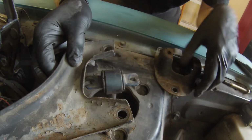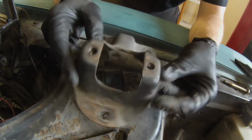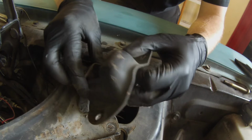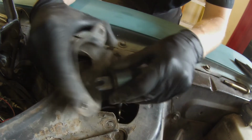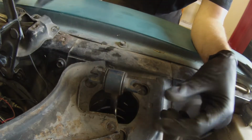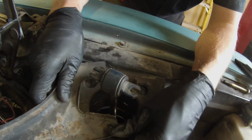Okay, so you can pull the top of that shock out with this and then just kind of fish it out, but they do come out. You just gotta find the right spot as far as getting it to come out. It's like a little puzzle. But anyway, so that is off. Now your shock is completely free up here at the top,